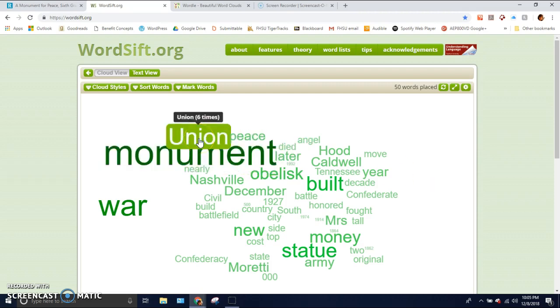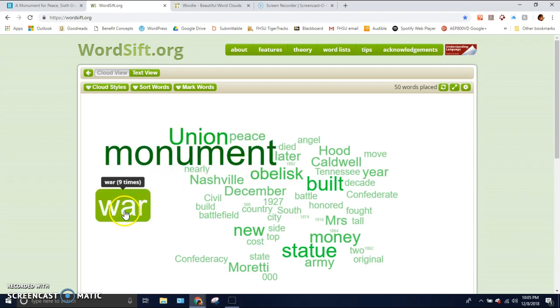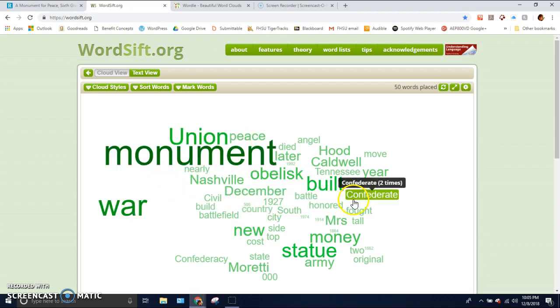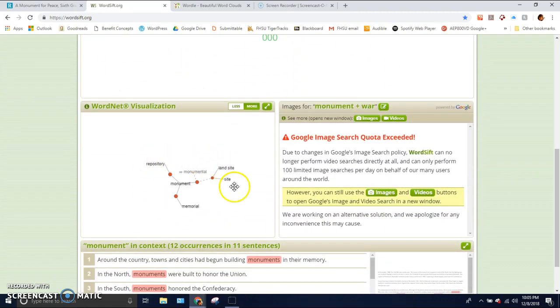And when you drag and hover over them, it will tell you how many times those words are used in the document or the passage, whatever it is that you're using. And if you scroll down, it will also show you a visualization of those words, and you can actually click on those words to see how they connect to other things